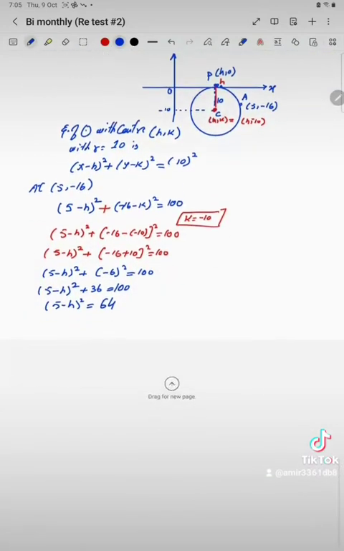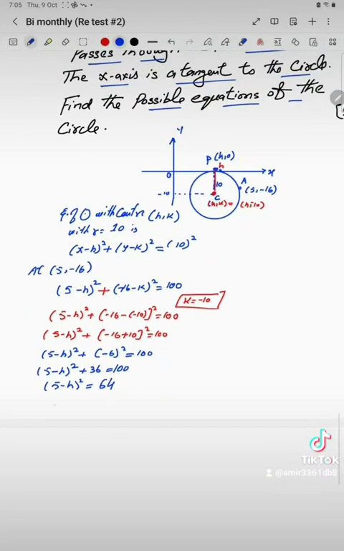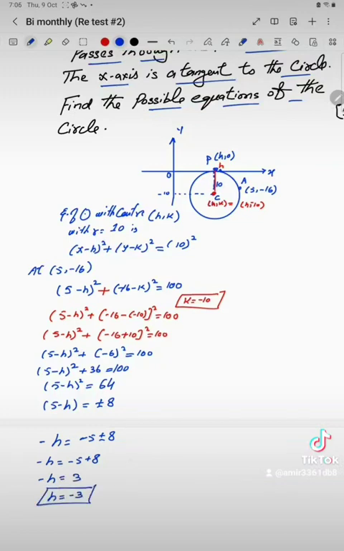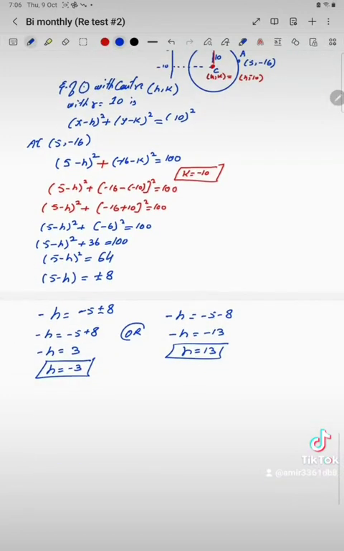Taking square root on either side, 5 minus h is equal to plus minus 8, so minus h will be minus 5 plus minus 8. One time it's plus, so minus h is equal to 3, h will be minus 3, or minus h is equal to minus 5 minus 8, so minus h is equal to minus 13, h is equal to 13. Since we have two values of h,